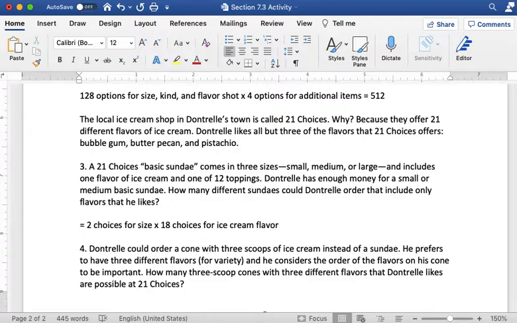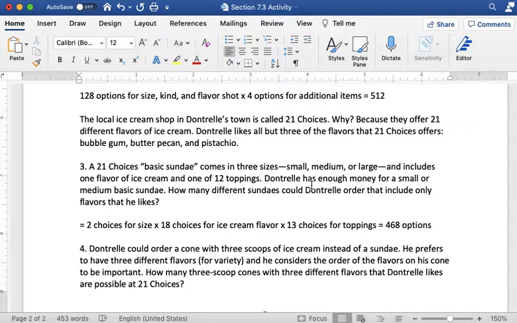And then our last choice is for toppings. So for toppings, you could say, well, they could choose 1 of 12 toppings. They could also choose no toppings. So you can really say that there are 13 choices for toppings. And again, we're assuming that you're only getting 1 topping here because the basic sundae includes 1 of 12 toppings. Apparently, if you're ordering more than 1 of those toppings, then you're getting out of the basic sundae price point. So we have 2 times 18 times 13, and multiply those together on your calculator, and you would get 468 options,